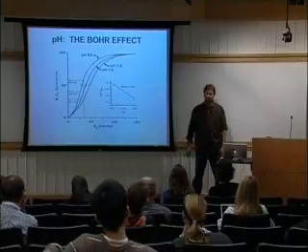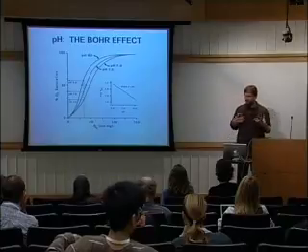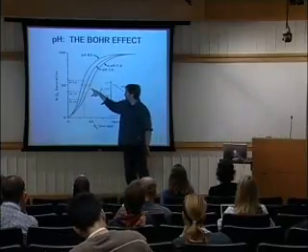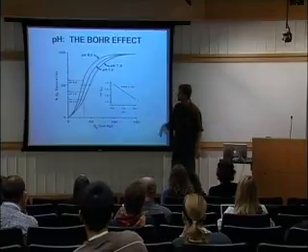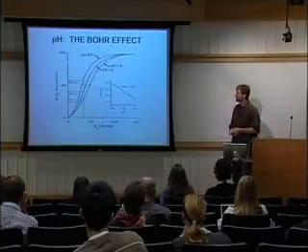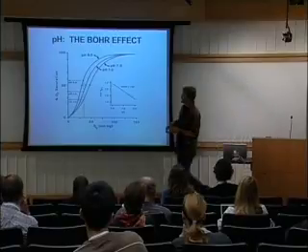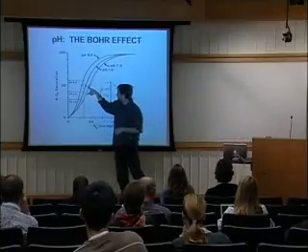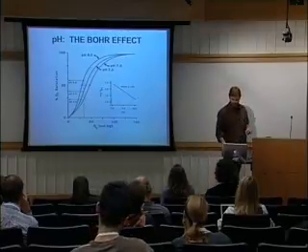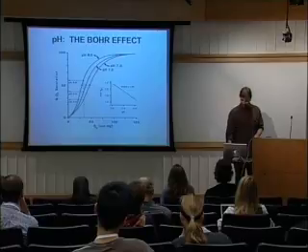So if you have acidity at the level of the gills, you're shifting the curve in this direction, and it takes a higher partial pressure of oxygen in the environment to saturate your blood. At the tissues, it's an advantage. You shift it in this direction, and it releases more oxygen to the tissues where it's needed. But at the gills, it's a disadvantage.